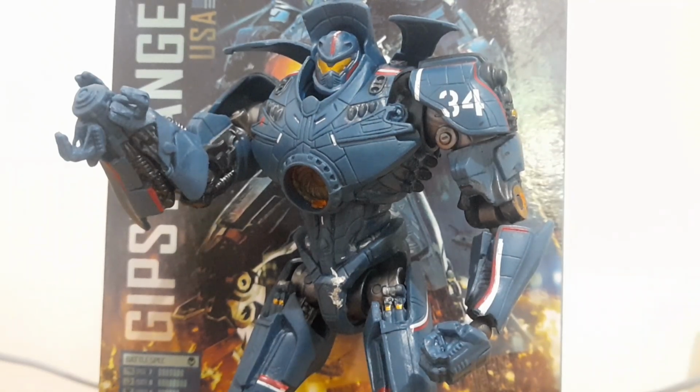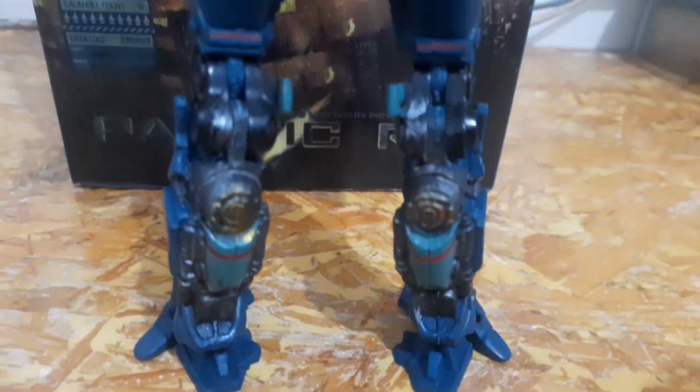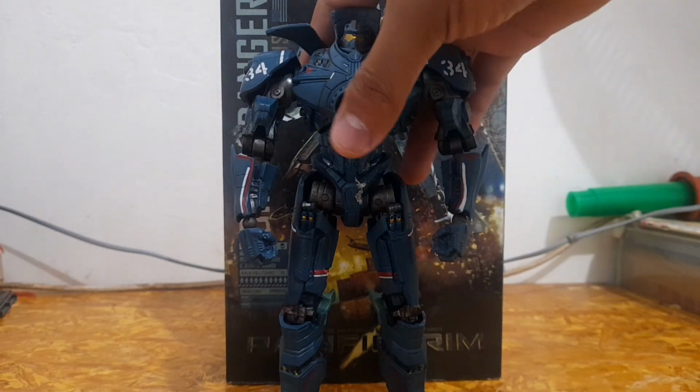But what about this figure? Well, that's why I am here to talk about it. At first glance, for being a knockoff, this seems pretty good. Like the proportions are correct, there are no ugly knob marks, and the paint is in the right spot. However, that is only at first glance, because once you pick it up...